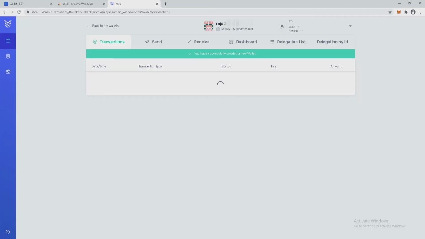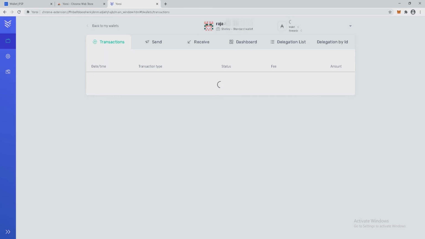So we click confirm. I have about 4 other coins in my Daedalus wallet.